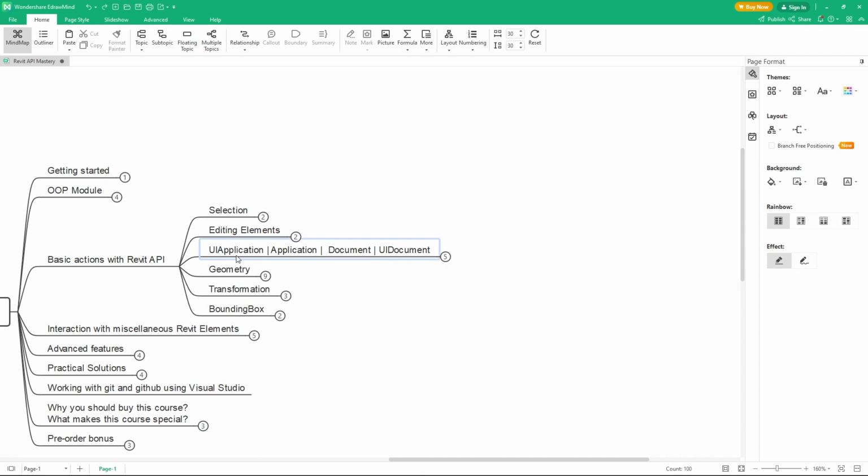Also, what we really dive deep into is geometry, because I think this is one of the most difficult things when it comes to Revit API. Because most of us came from Dynamo, which is not important. If you want to learn Revit API, it doesn't relate in any way. But most of us came from there, and